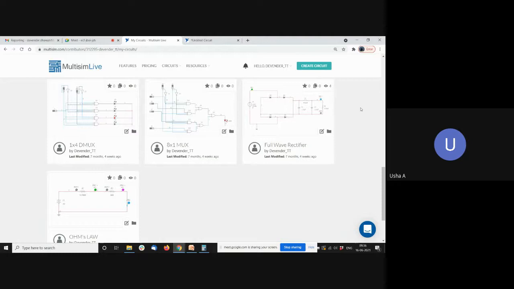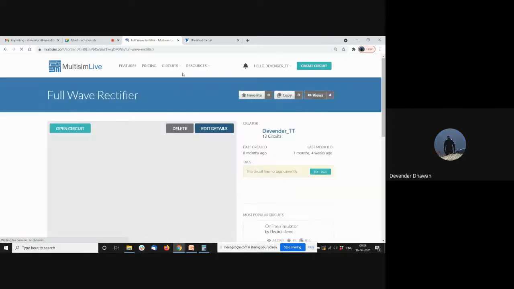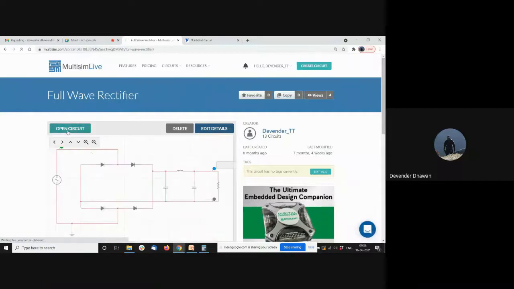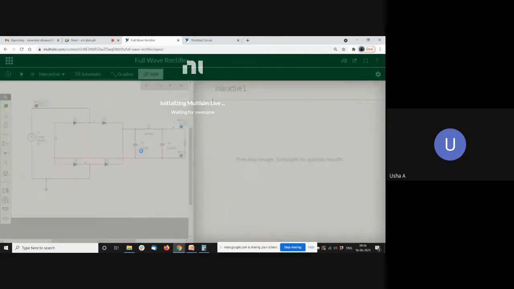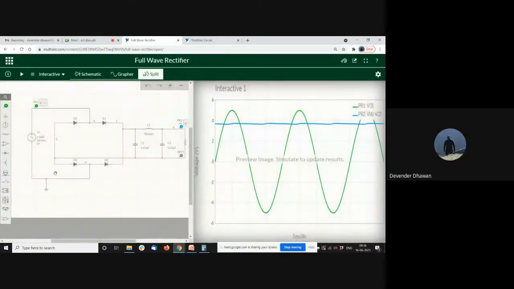Sir, in that, do I need to give a separate ground for the AC source as well as for the next circuit after the secondary, where we are connecting some devices? In that also I should give a ground, no, sir? Ma'am, you can use a single ground only, because as per this particular tool it is not necessary to give a separate ground. That is purely up to you, ma'am. You can give a separate ground, or you can give a common ground also, because in the back end the ground is the same.